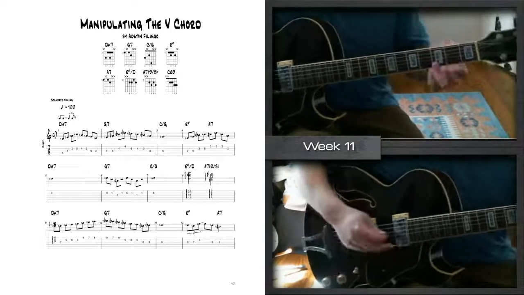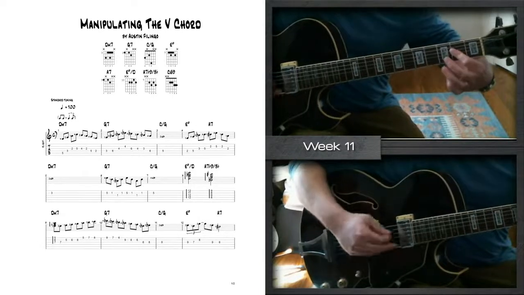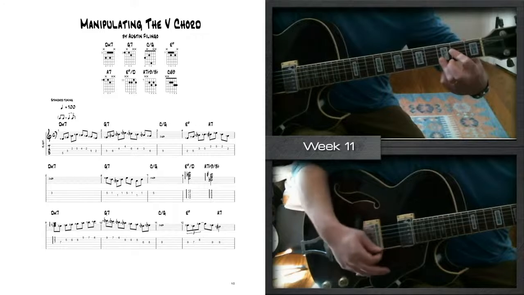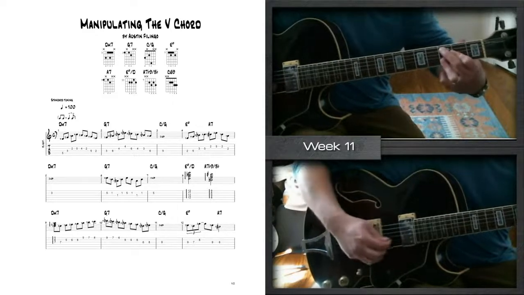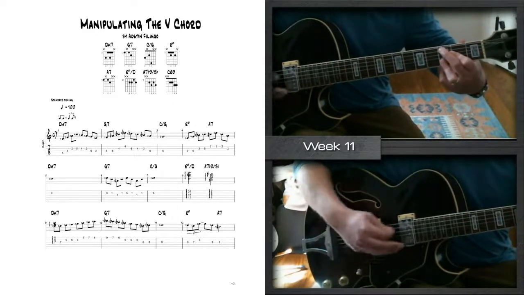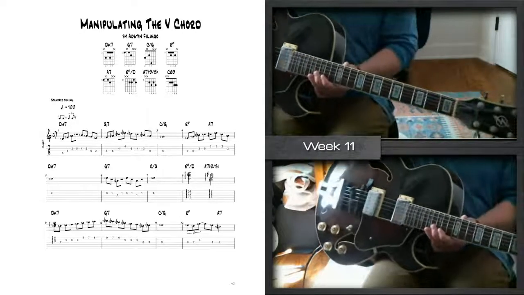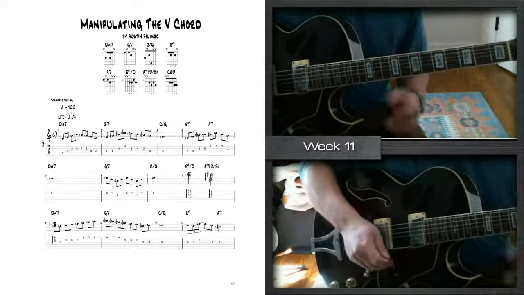C6, we'll get to that in a little bit, but that's obviously a mini bar with your second and third finger. And that always works nicely. Right? And then the other kind of chords, which we're going to get to, I'll just go ahead and show them to you. So what we have here,